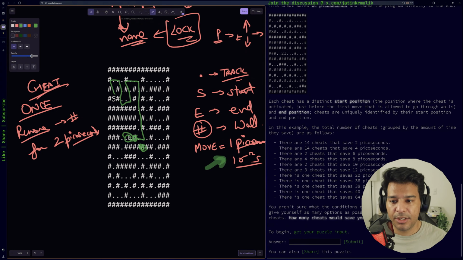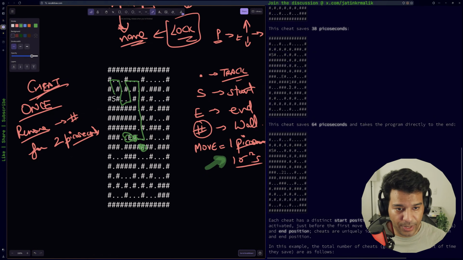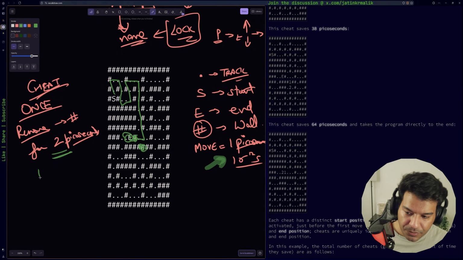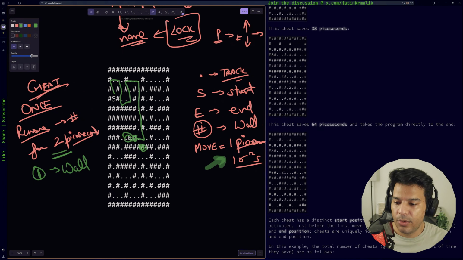Fairly okay, understood. And each cheat has a distinct start position, the position where the cheat is activated, just before the first move that is allowed to go through the walls, and the end position. Cheats are uniquely identified by their start position and end position. So that's why we are denoting it by 1 and 2, where it means that because it takes 2 picoseconds, your 1 should be the one which goes around the wall, and 2 should be the one that goes back